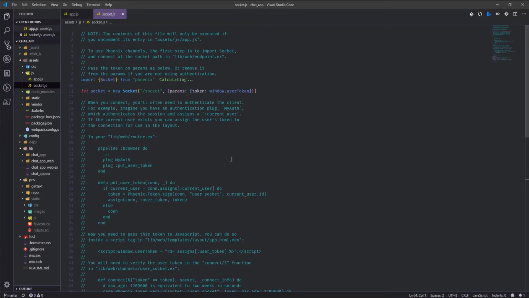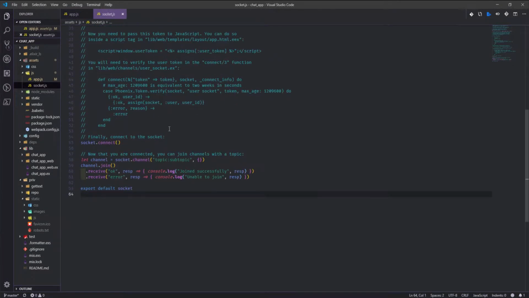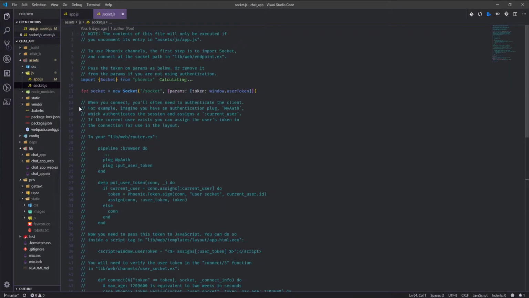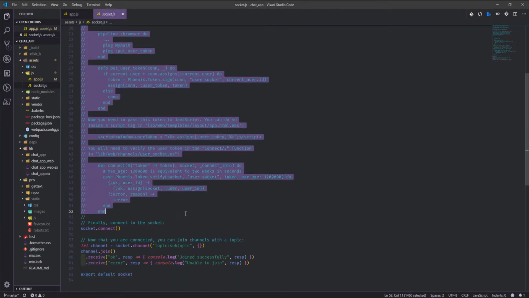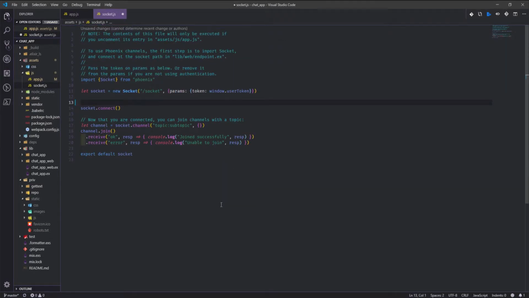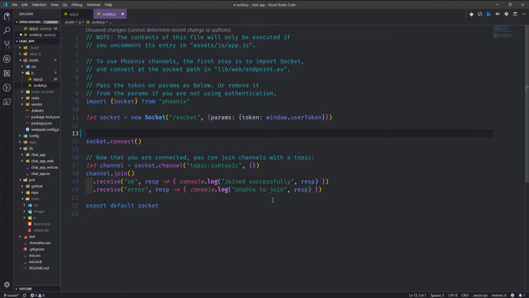But inside of socket.js we have all this stuff here. And I'm actually going to remove all of these comments in between these lines so that you guys can read what's going on here a little bit easier. So we're importing socket from the Phoenix JavaScript library. They're creating a new socket, and on the socket route, we're connecting to the socket, and then we're connecting specifically to a channel called topic subtopic. And then we've got these two little receivers, one for if we join successfully and one for if we join